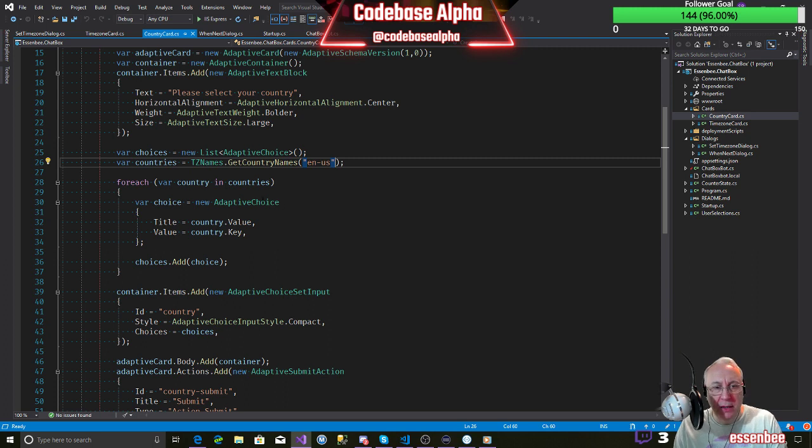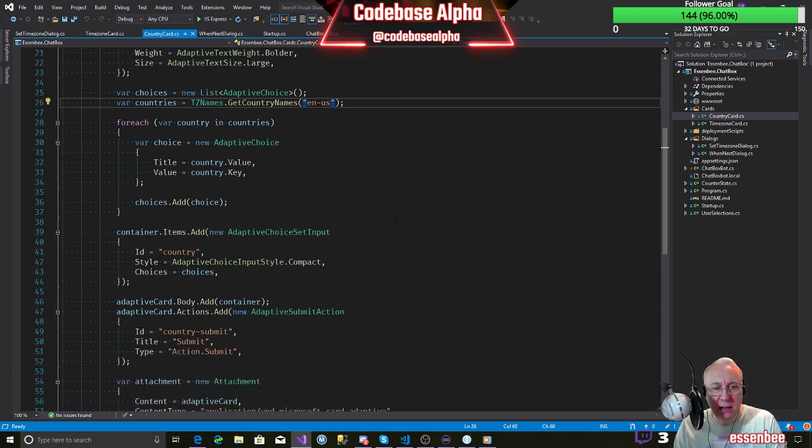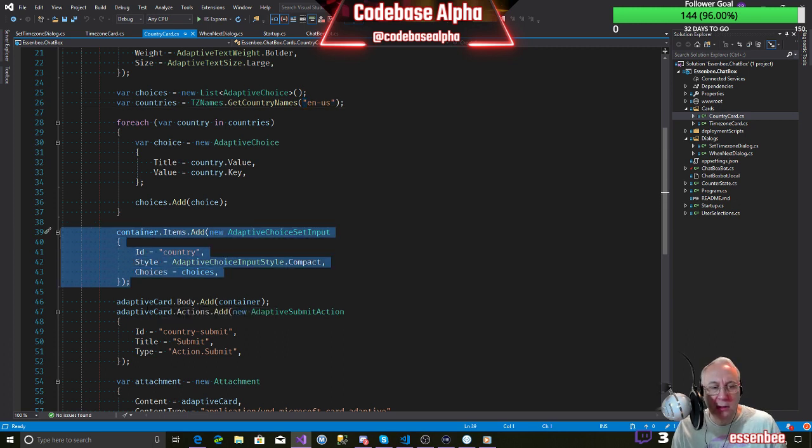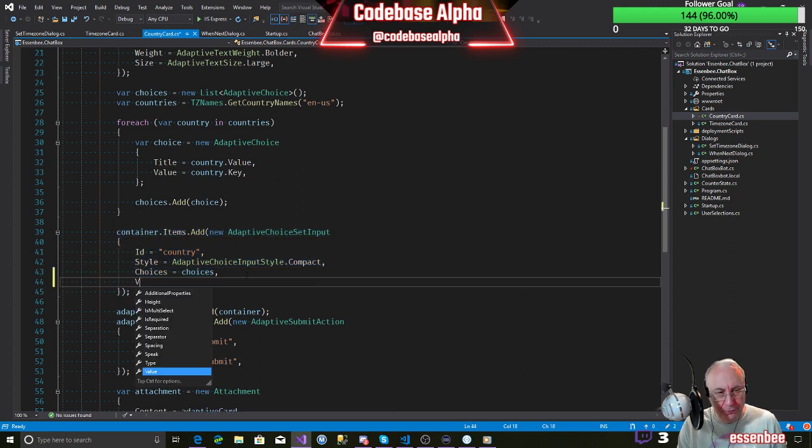So what we can do here is set this up so it's got a default value. This is our adaptive choice set input control. You can see it's called country. It has a compact style, which means it's a drop down menu, and these are the choices available to us. We're going to put a default, and we can set the default by putting a value in, and the value is going to be the key for the country. So it's going to be the country code, so US for the United States. Let's give that a go